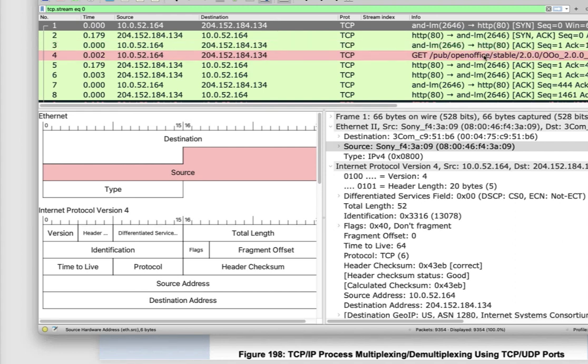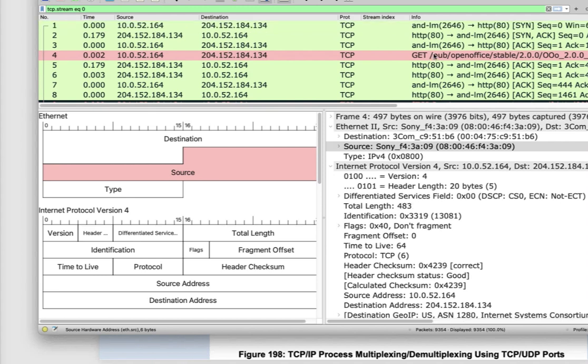Then at packet 4, we start to see that GET request from the browser to the server for a file. And if we look here, our destination MAC address, what is it going to be? It's going to be the MAC address of our router to get off our net, the first hop. The source MAC is going to be my local area networking interface on my client.